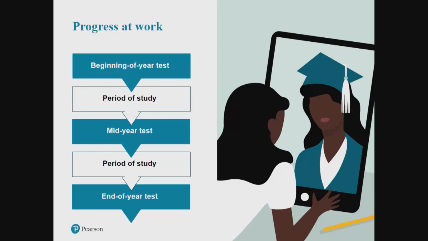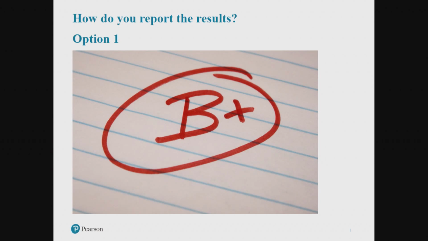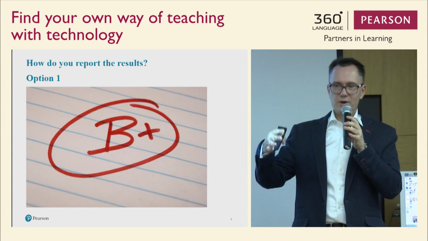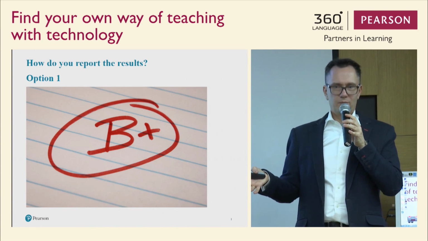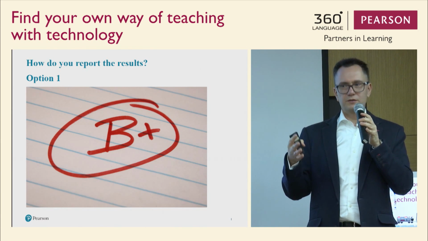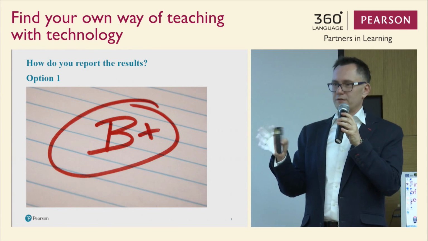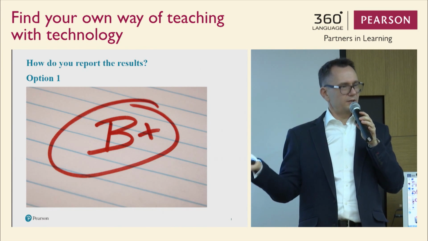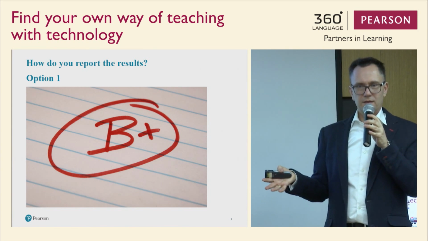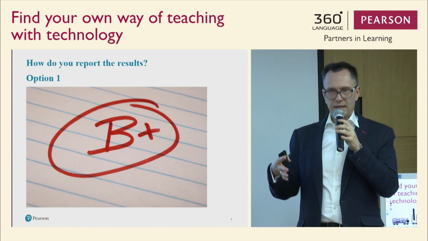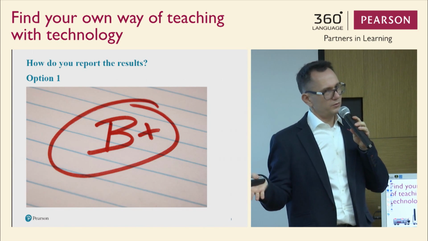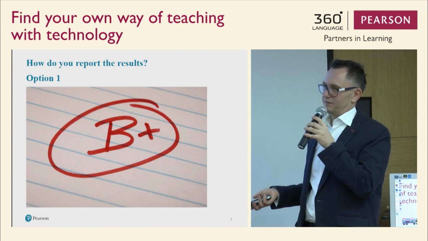And to present the results, again, you could do it the traditional way. You could say B+, or I know that in Russia you have the numbers, numerical scale from 2 to 5. So you would say, okay, you are 4+. But now if you give the student this kind of information, they will just know that they are good, or they are good plus. But what does it mean? I mean, do they know all the tenses? Or do they know all the tenses you have studied with them? Do they know 80% of the vocabulary you have done with them? Or do they know 75% of the vocabulary you have done with them?